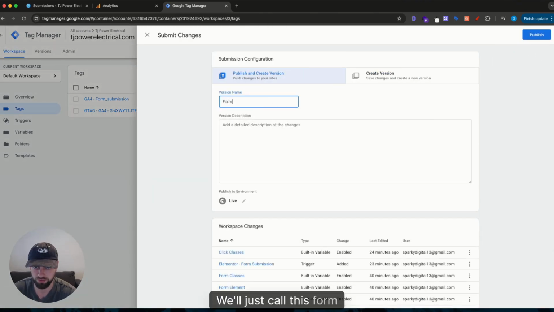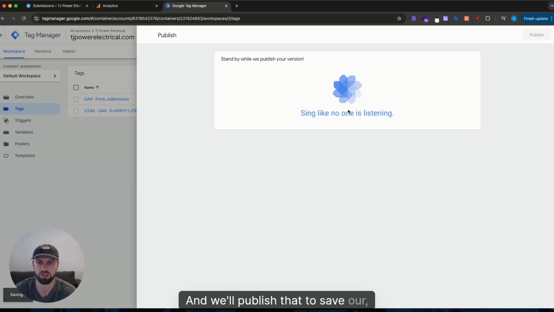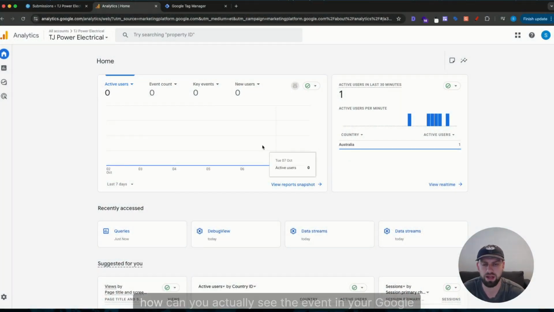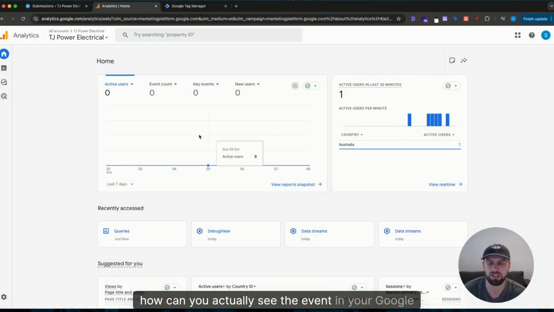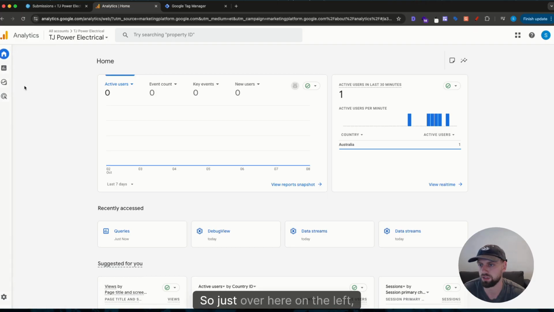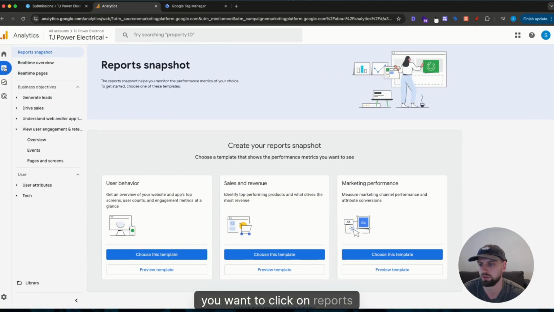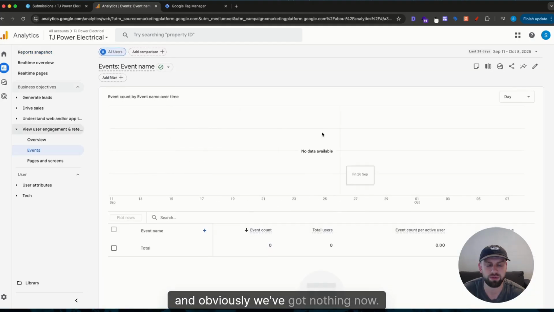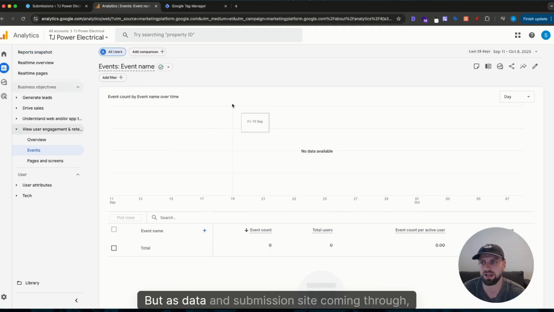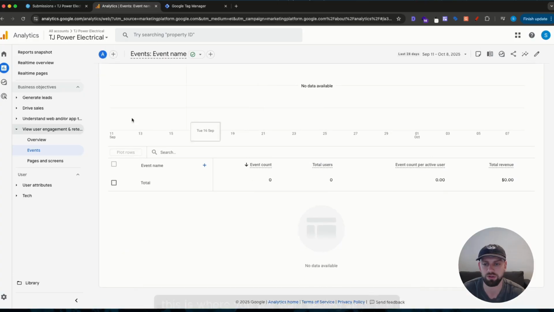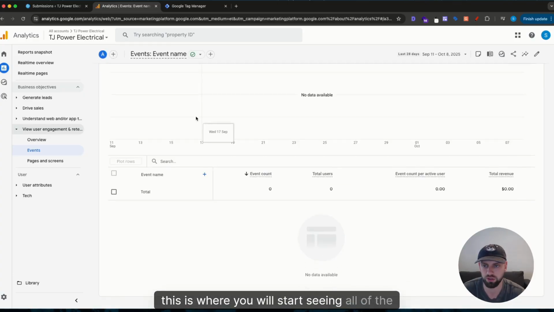We'll just call this form submission element, something like that. It's not too important, and we'll publish that to save work. Okay, now that's all set up. How can you actually see the event in your Google Analytics? So just over here on the left, you want to click on Reports and on Events, and obviously we've got nothing now, but as data and submissions start coming through, this is where you will start seeing all of the